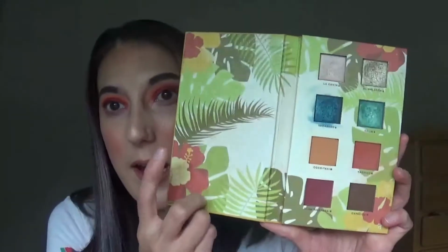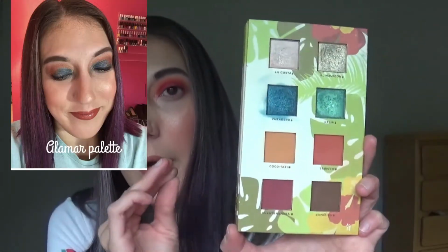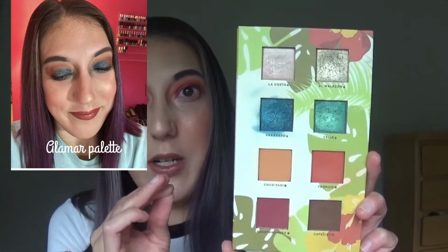I just wanted to mention some honorable mentions because I can never stick by the rules and just pick three. That's just how I am. I definitely wanted to mention the Alamar Cosmetics palette. This is really cool how it opens up like that. I love this packaging here, but what you have here is so interesting. It's not your standard